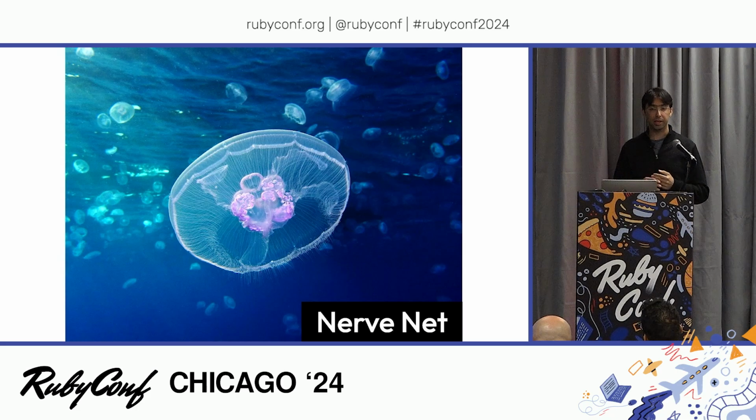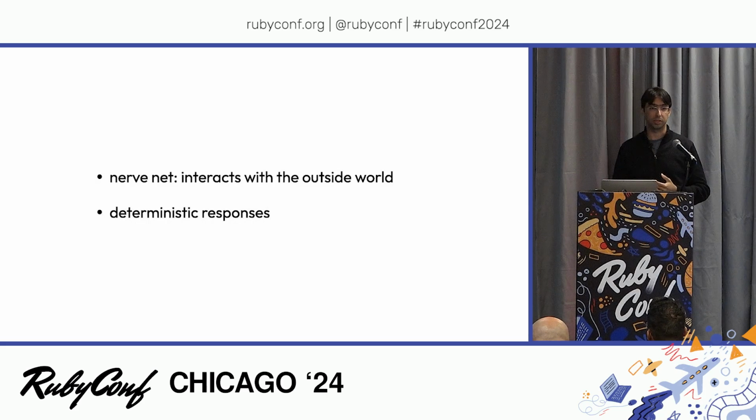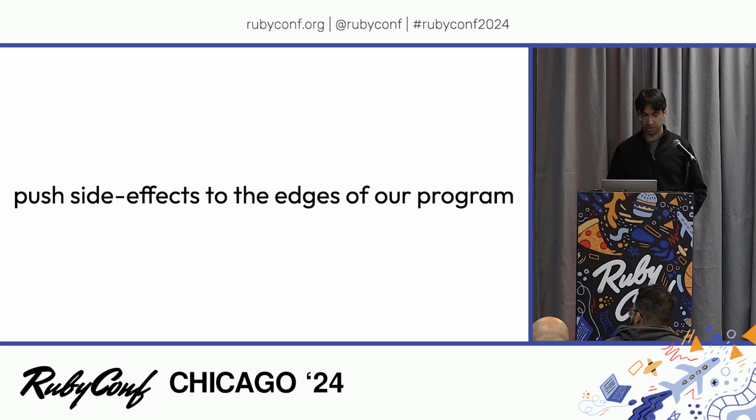It also has something like the human eye. Of course, the human eye forms images, but for the jellyfish, it doesn't form an image, but it can sense light. And so it can then respond according to where the light is. It also has something like the human inner ear, which is a crystal suspended in a solution. And depending on where the crystal is, it knows what's up and what's down. So really simple organs that tell it specific things about the outside world, and then it responds in a deterministic way, as in same thing every time.